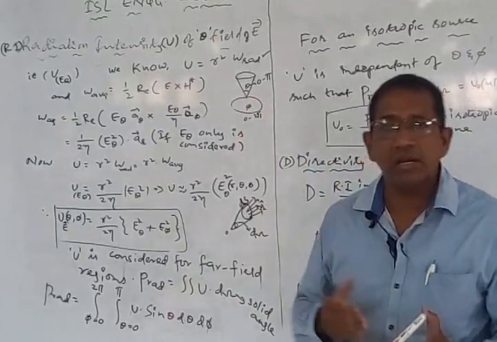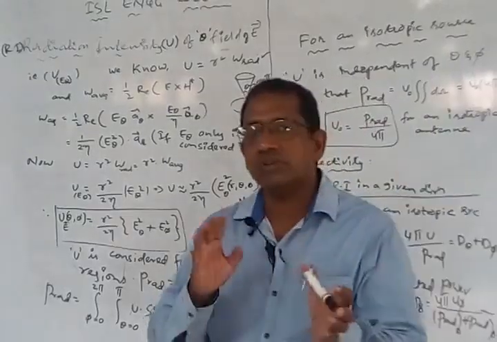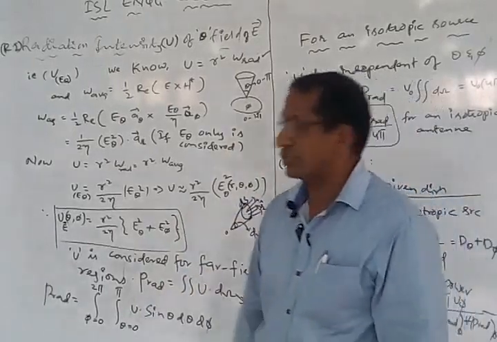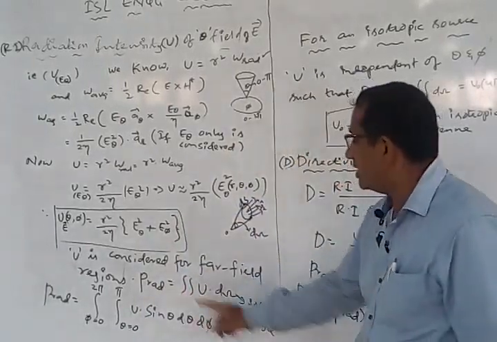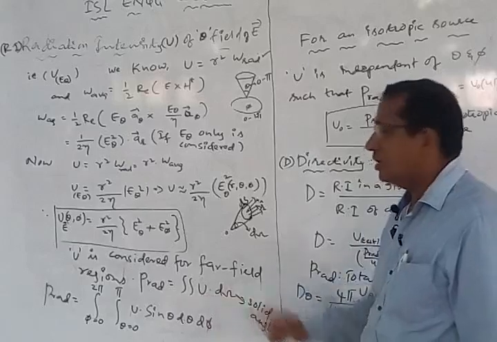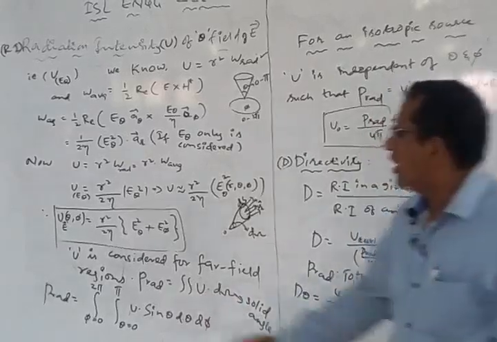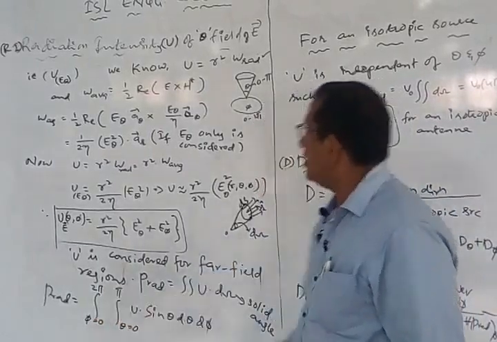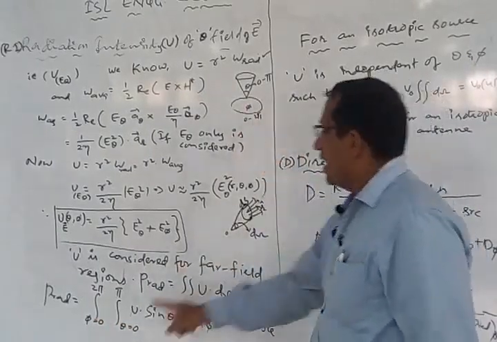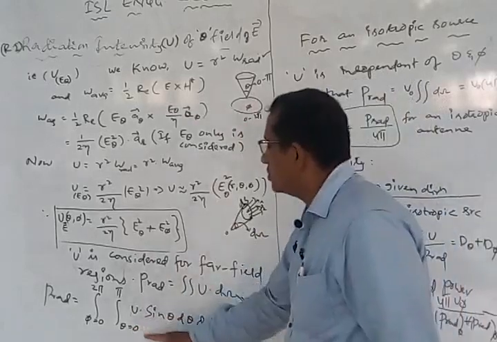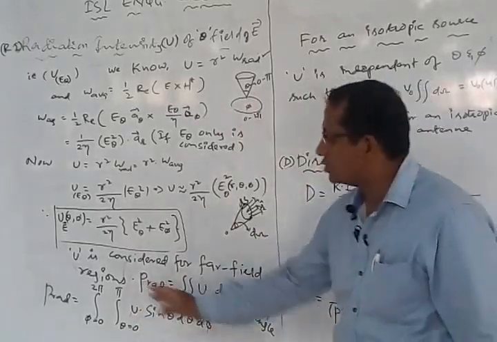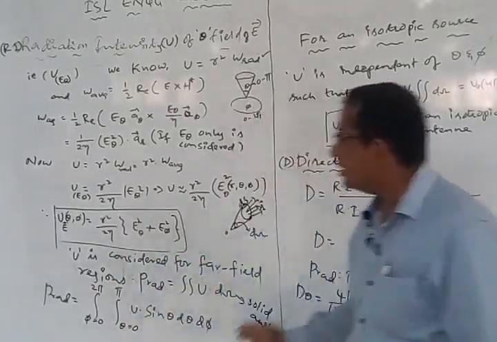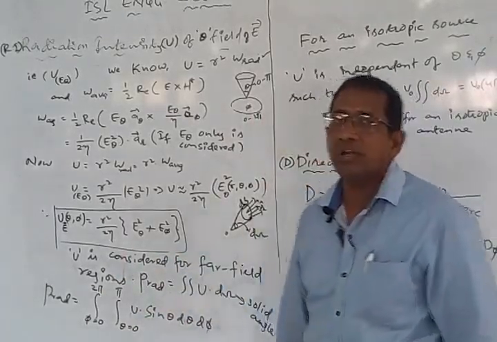The antenna can radiate in the direction of theta as well as in the direction of phi. Therefore you have to use both notations. So I am going to use double integration, u dot d omega. One of the integrals is going to be from phi equal to 0 to 2 pi, and the other one is going to be theta equal to 0 to pi. So we will consider these two limits for the integration, and once you calculate this value, you are going to find out the radiated power.